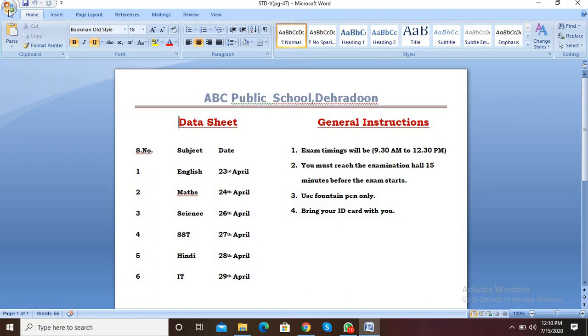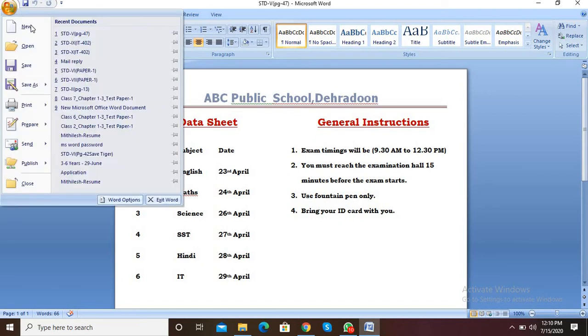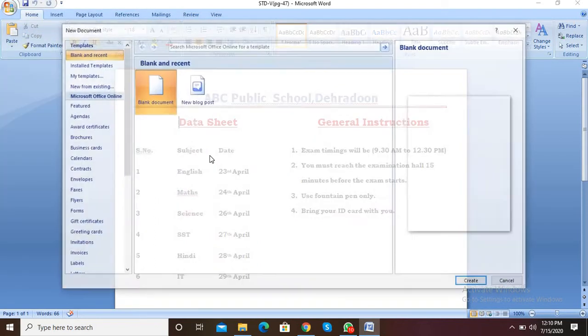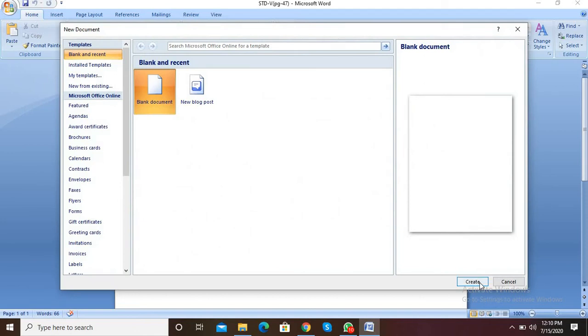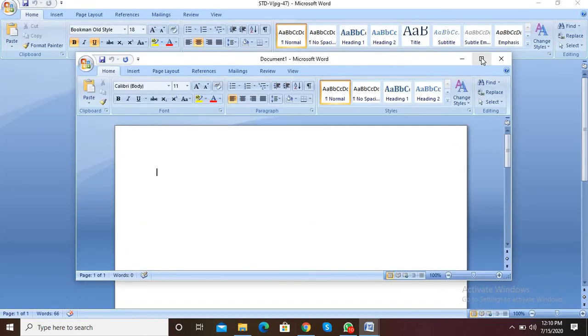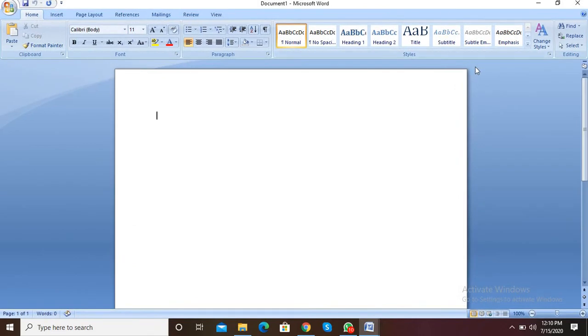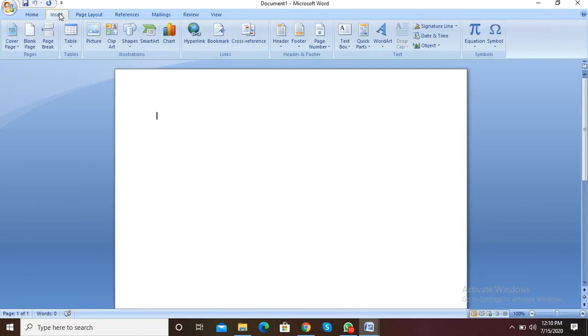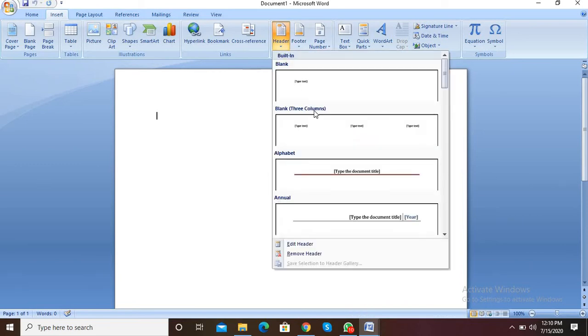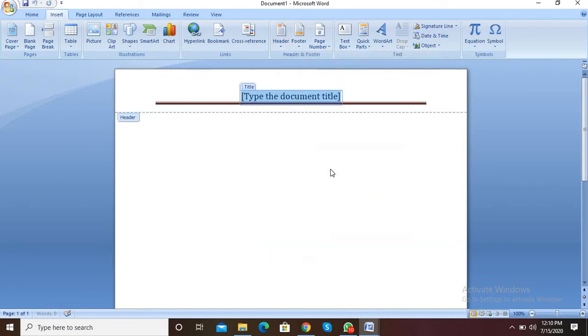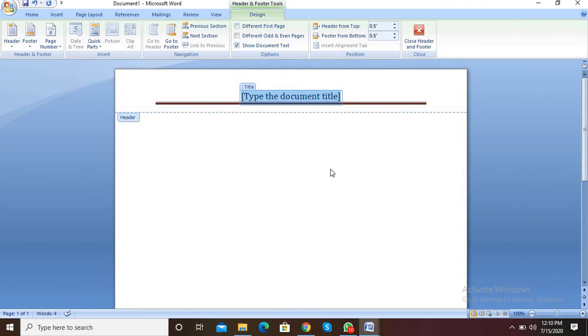For that, first you have to take a Microsoft Word page. Open Microsoft Word, take one blank document, and click on Create. When you click on Create, first apply the page header as ABC Public School Dehradun. For the page header, go to the Insert tab. There is a Page Header option. You can take any one. I am selecting this one and writing